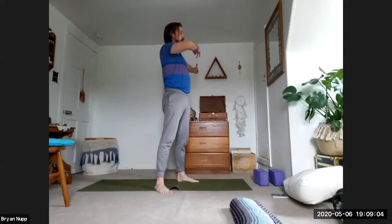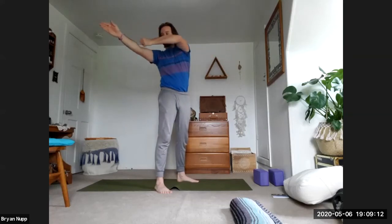One more each side. Go ahead and slowly lower the hands, come back to center, and just shake out the hands, wrists, arms, and shoulders. All right, another activity we're going to practice for our hip flexors, which are these muscles right in front